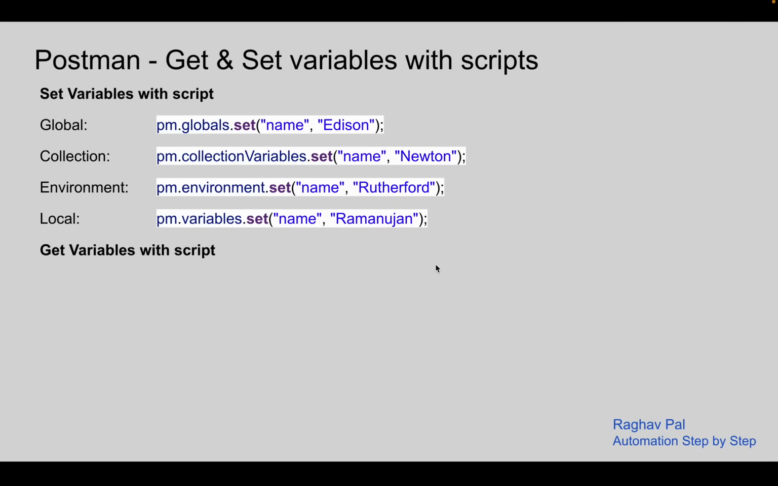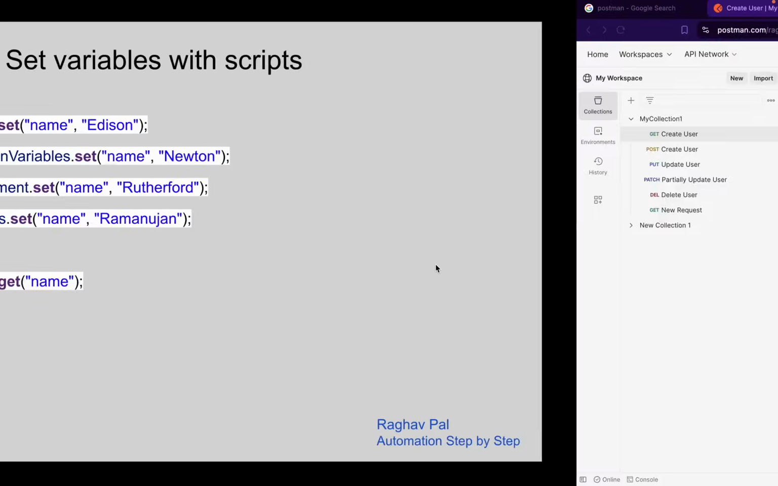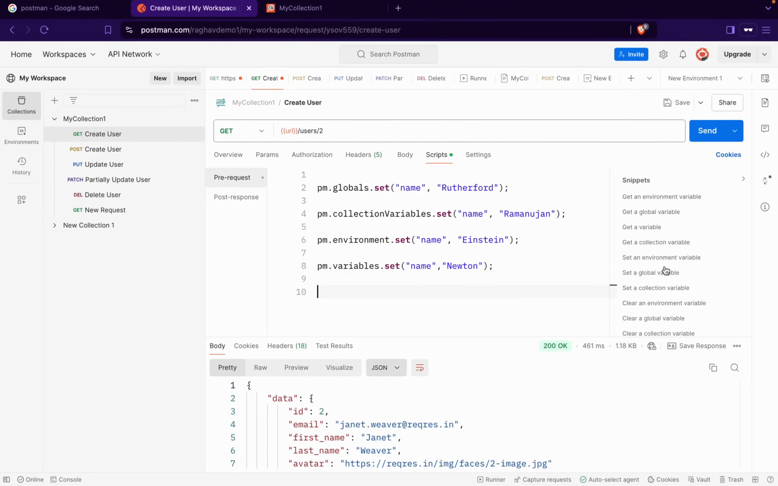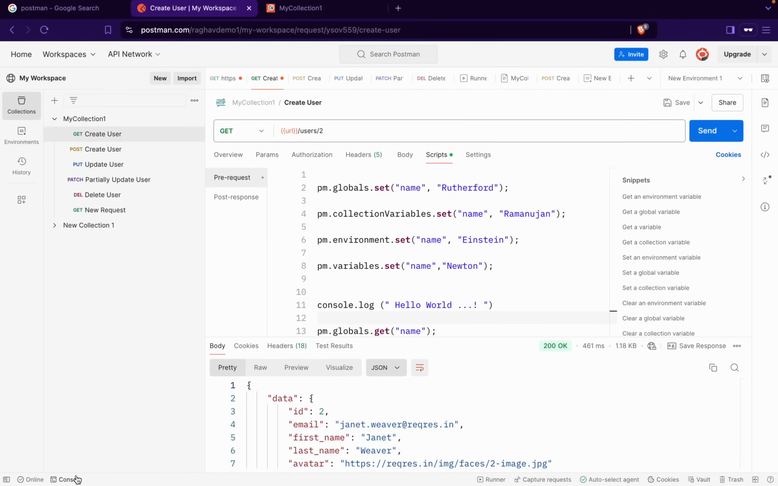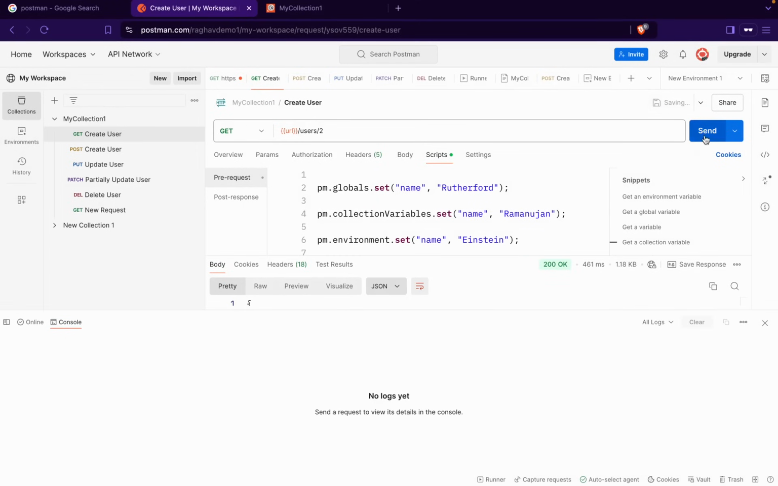Okay, now similarly we can get the variables. We can just say pm.globals.get for a global variable. If I say get a global variable, I can say name. But how do we check this? For this we will have to print it. So I can use console.log, and in the brackets I can print anything. Let us say I say hello world. So when I run this, it will print hello world on the console. I can check the console from here. Okay, I will clear, save and run, and you can see in the console I am getting hello world printed